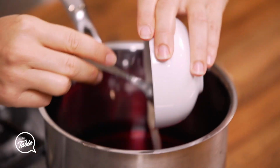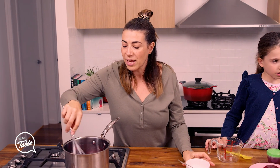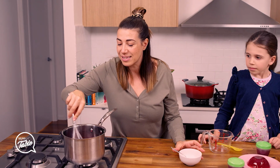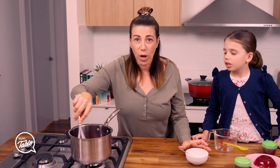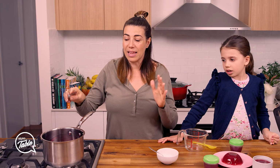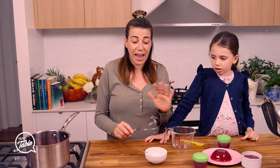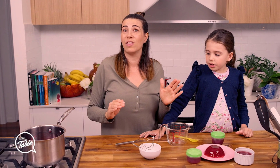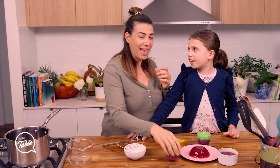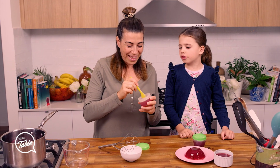Now, once you've mixed your gelatin in some water, I will then stir it inside my pot, and I will let this simmer or come to boil on a low heat. And once it's come to boil, I turn it off, let it cool down just a touch, and then I pour it into my molds. And that's it. Like any other jelly, you let it cool down, and then you put it in the fridge, and you've got your jelly. Now, if you make it at lunch, your kids have to have it the next day. But if you make it right in the morning...